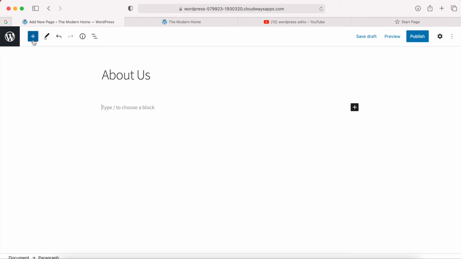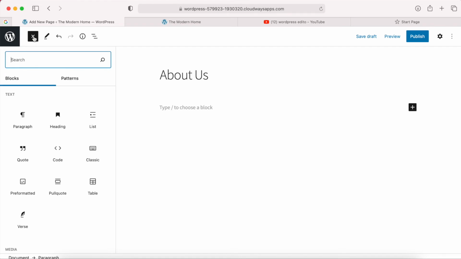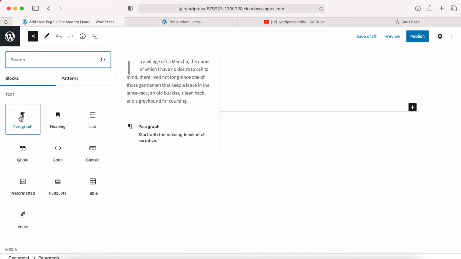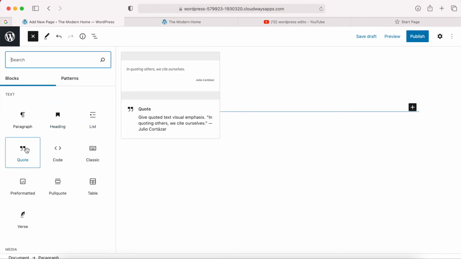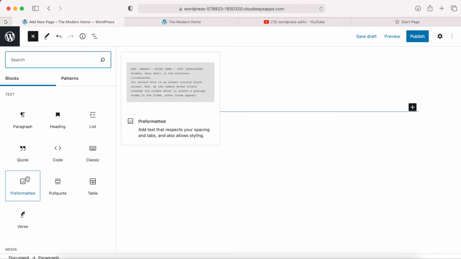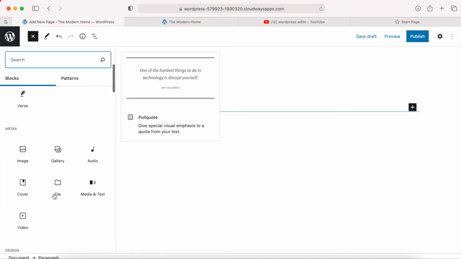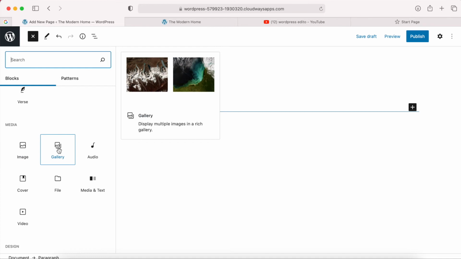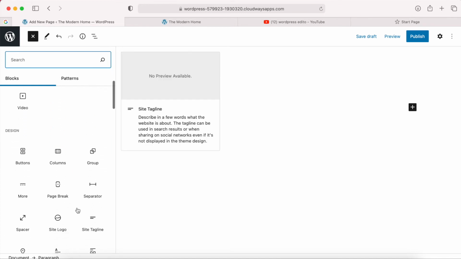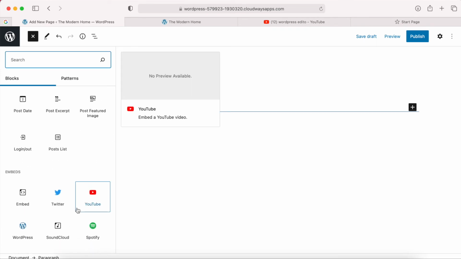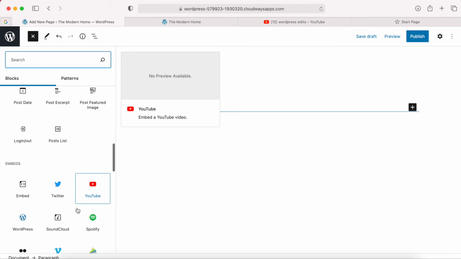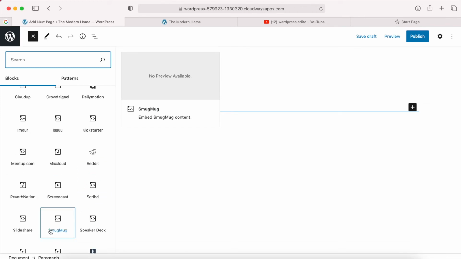What you do is you go to this plus symbol, and here you'll see all the blocks that are available. So we have a paragraph block, a heading block, a list block, a quote block, and it actually gives an explanation of what all these blocks are when you hover over it. You can scroll down, there's image, there's a gallery, so there's so many different blocks available, and you'll probably be able to find something for whatever you want to add. It's best to use this as trial and error, play around a bit,